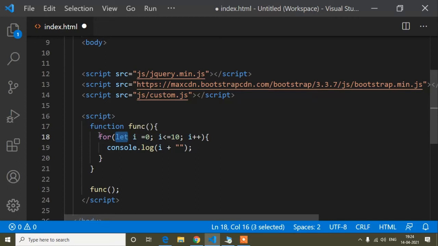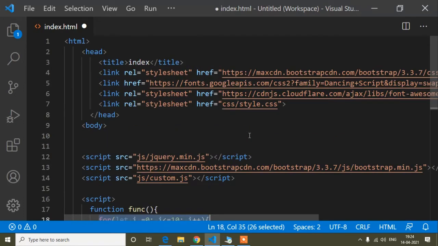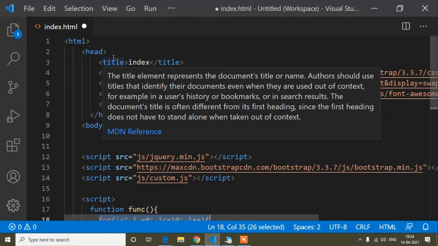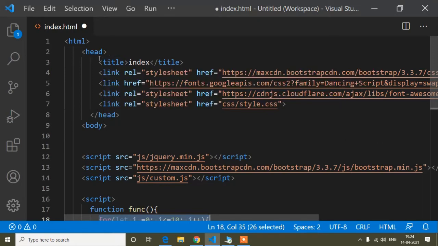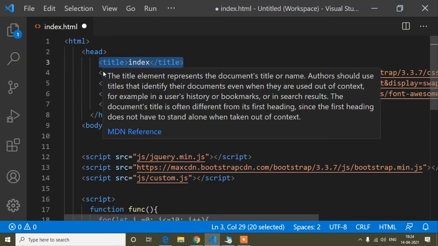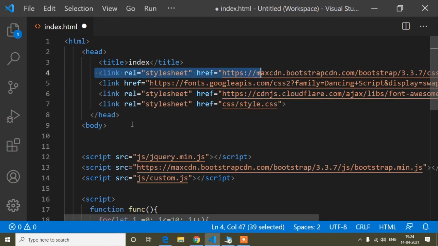So guys, when we use any kind of loop, that takes more time than another line. First of all, we have to understand how JavaScript renders, or anything renders. So guys, JavaScript renders synchronously, means step by step. So first of all, it will render the first line, that is HTML. So after that guys, title, this link, everything step by step.